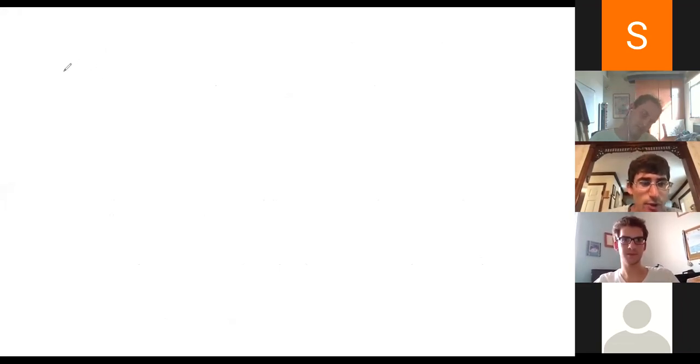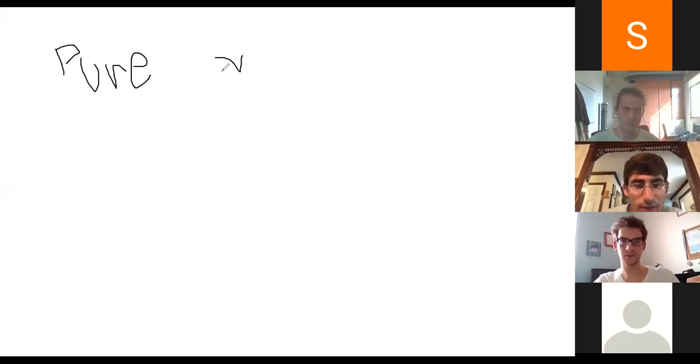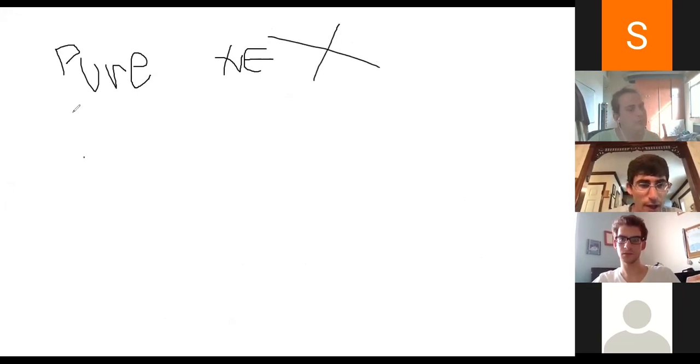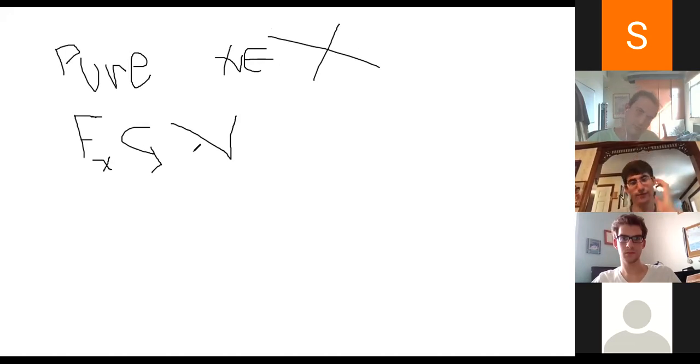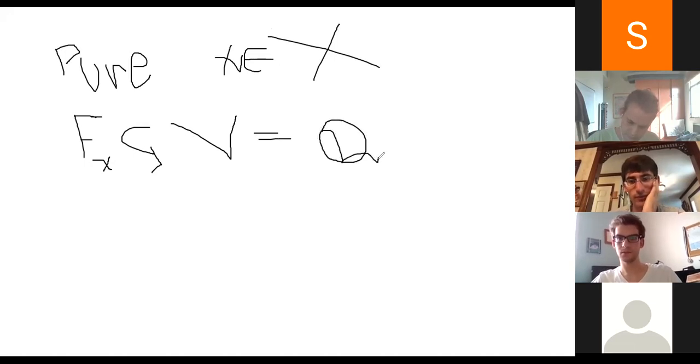So what does purity say? To be pure, that means that for any x in my scheme, big X, any closed point, I have the Frobenius at x acting on this vector space V, which in this case is just QL bar. I guess this doesn't give it to you for cohomology, but it gives it to you for